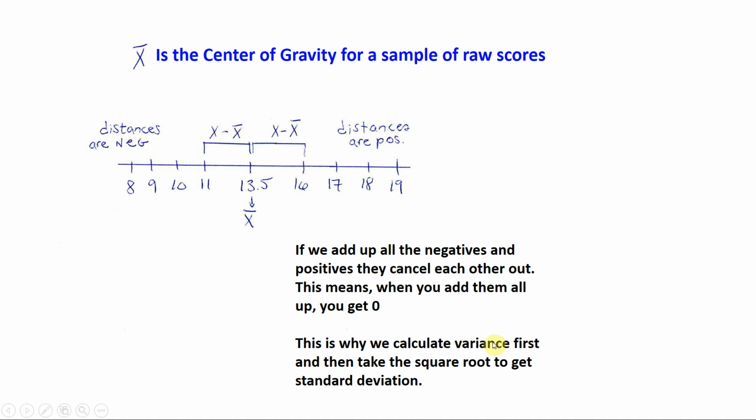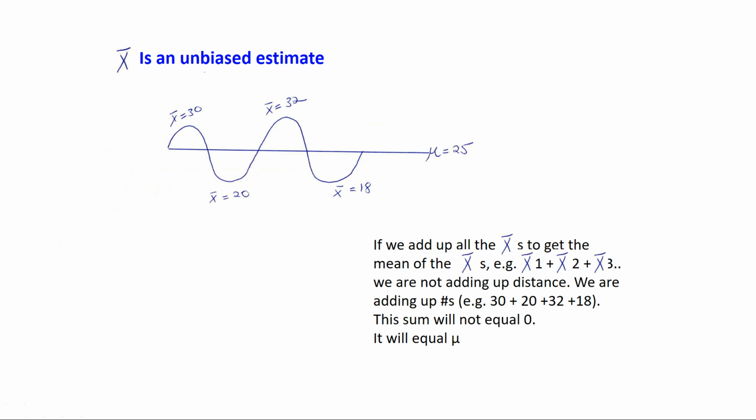And then once you have the variance, you take the square root, and that gives you standard deviation. Okay? All right. Then we learned x bar is an unbiased estimate. And what that means is that if we were to exhaustively sample, half the time we would get x bars that are overestimating mu. Okay, so let's say mu is 25, then half the time we're going to get x bars greater than that. But the other half the time, we're going to get x bars that are less than